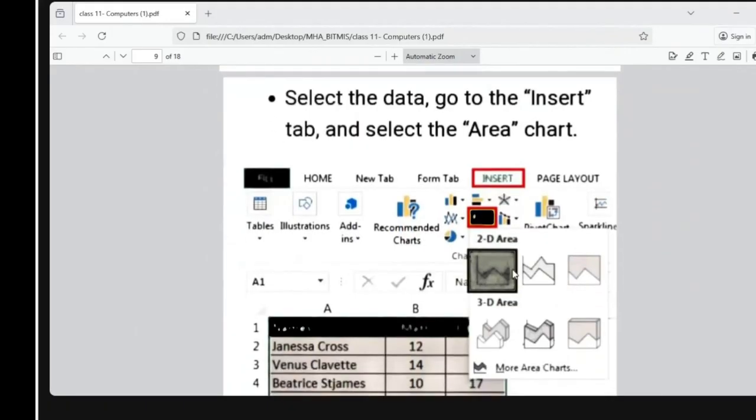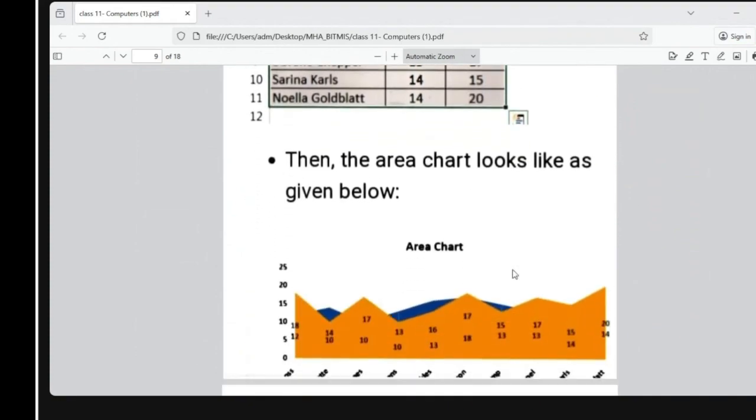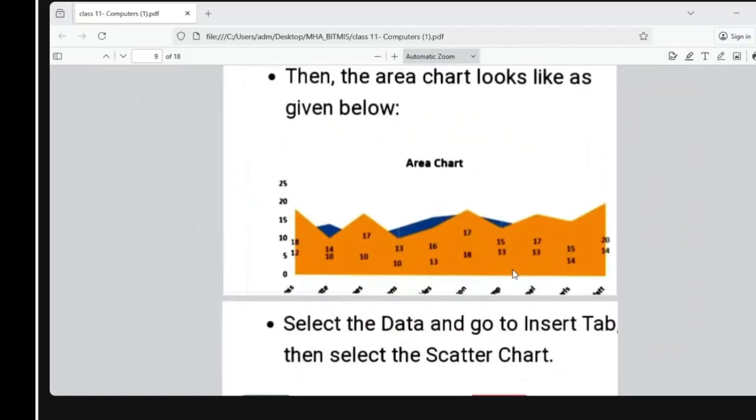Next, we see the 2D area chart. Present the PPT: select the data, go to the insert tab, and select the area chart. See, to make our presentation more presentable, it will show how much area. That is why these features have been given. So depending on your particular need, whatever work you are doing, if you want to show your slides as very interactive and attractive, you can use the area chart. If you want to give attention to the people in a section-wise way, you can use the pie chart.